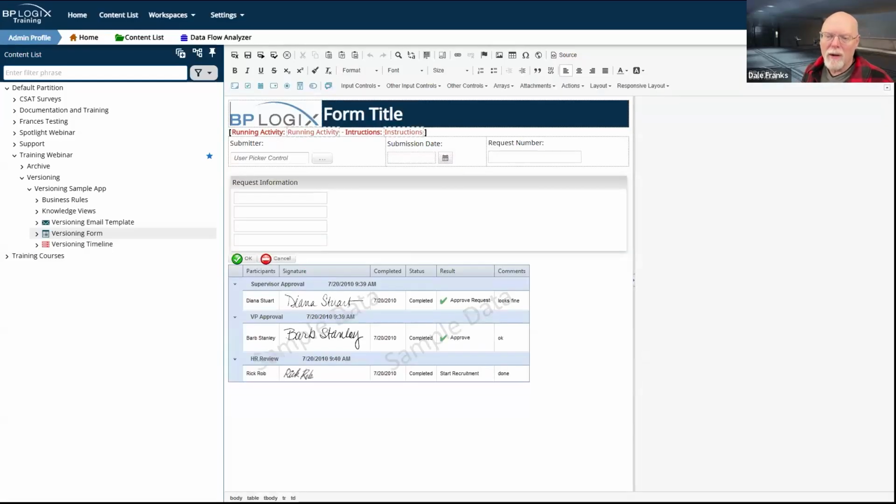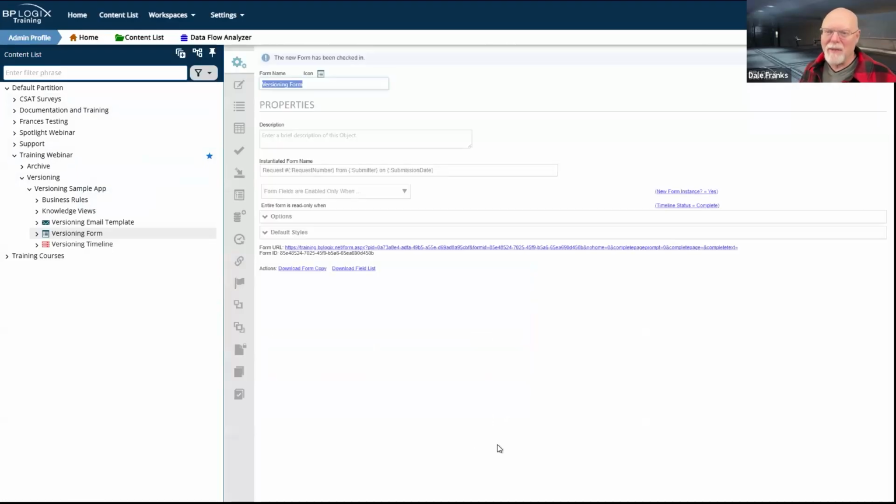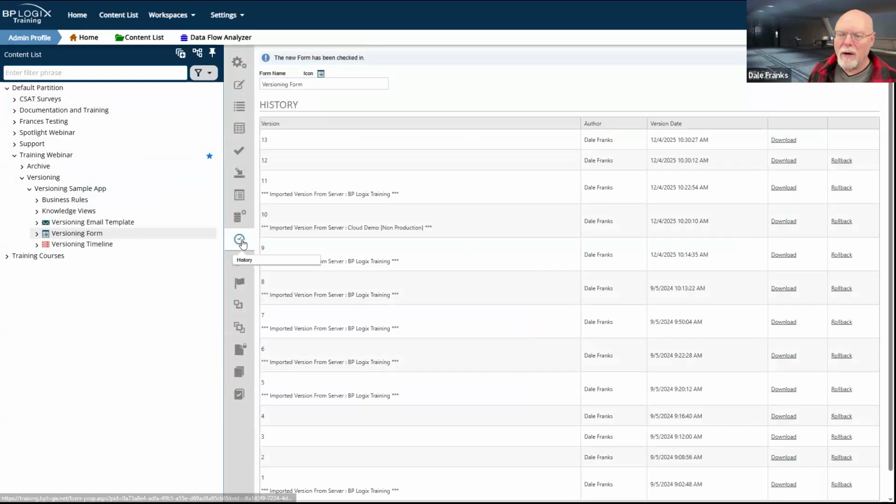The form did not close. It's supposed to save and close. There we go. That's what I was expecting to see so that I could go back here into the history and, oh, it did save it. Saved it twice. I hit the save button twice, apparently about 15 seconds apart, according to those timestamps. And now I have these two versions where I made the change.